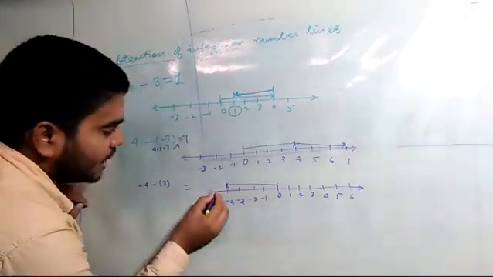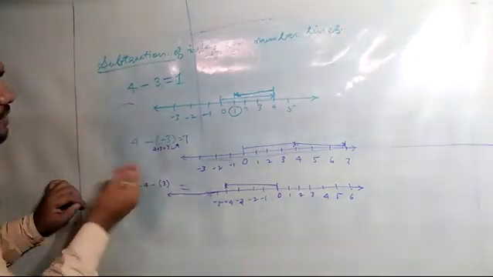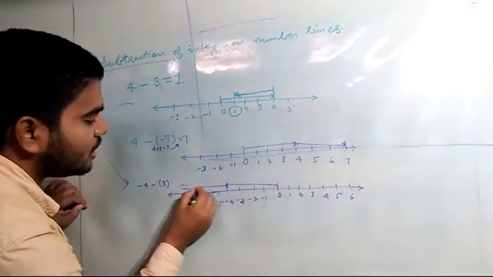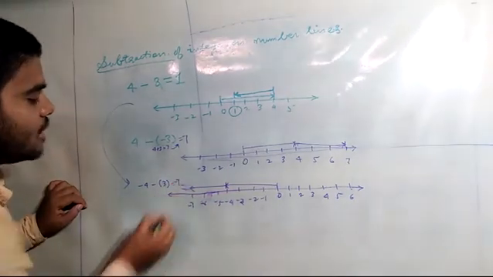When you have subtraction of positive number, then again I told you, as I told you here, that we have to move towards left. Here also I will move towards left only. So I will come up to here 3 units. 1, 2, 3 units. So answer will be equal to minus 7.